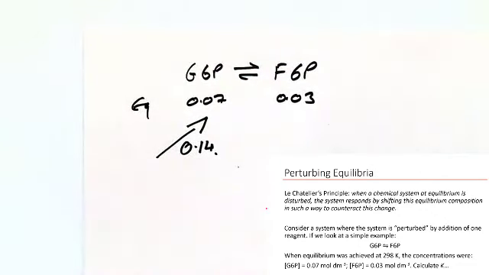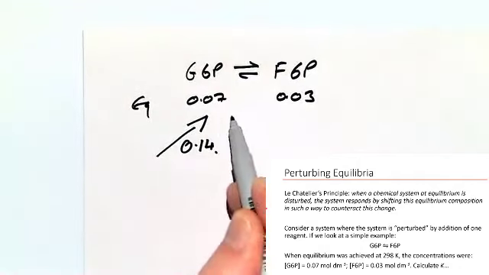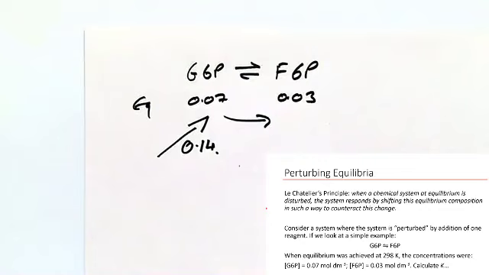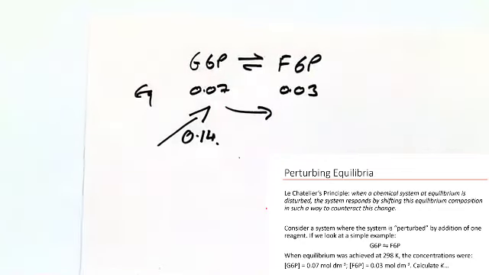So what would happen to the system to offset that change? Yeah, it'll move in the forward direction. We had our equilibrium setup where the concentration of reactants here was slightly higher than the concentration of products. So if we increase the concentration of reactants, well, some of those are going to react to form products so that we return this ratio. Both sides will be higher, but the ratio of the two will be the same. So if we increase the concentration of reactants, it's going to drive the reaction forward, so we should see an increase in the concentration of products. So increasing the concentration of one side, the system will move away from that side to try and rebalance the